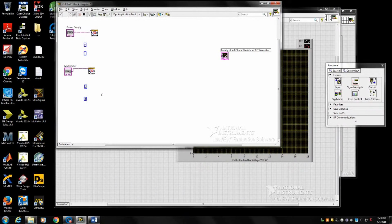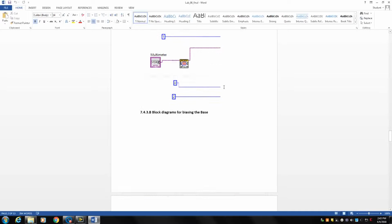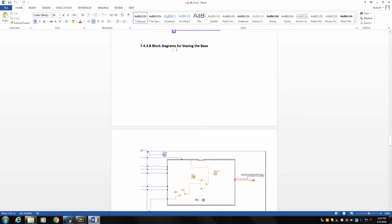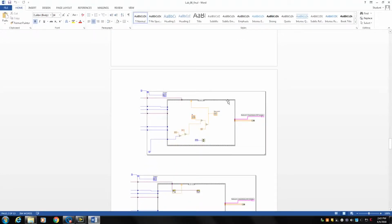And for the multimeter, you want to measure the current and the voltage through the multimeter device. So after determining these two numbers based on our desired channel, we go to build the loop that we need